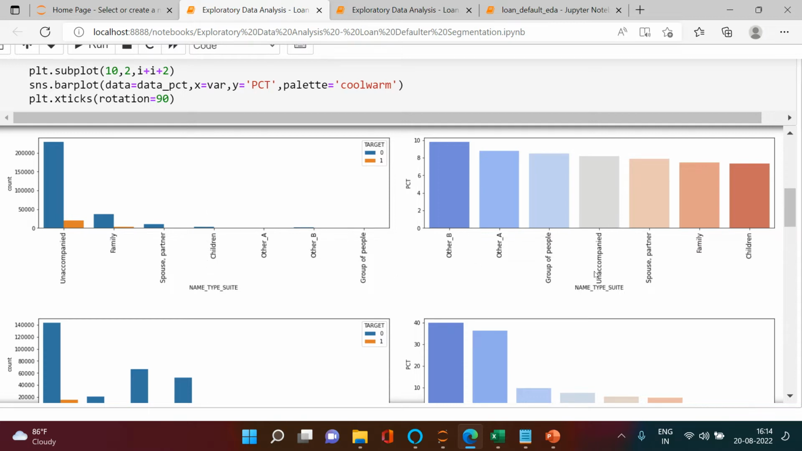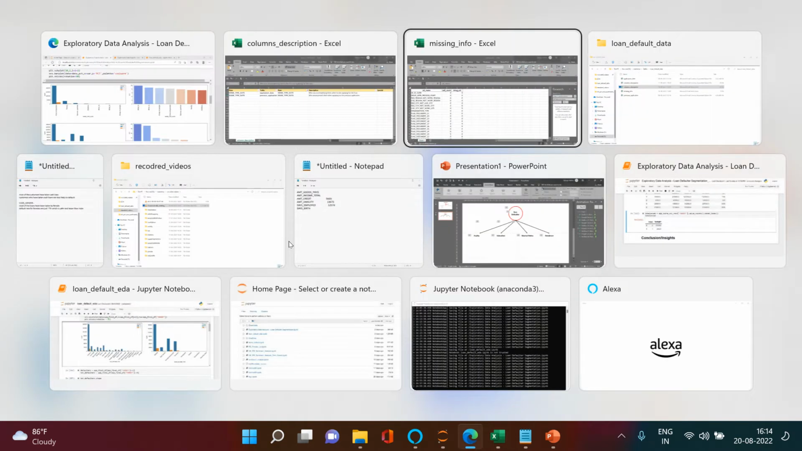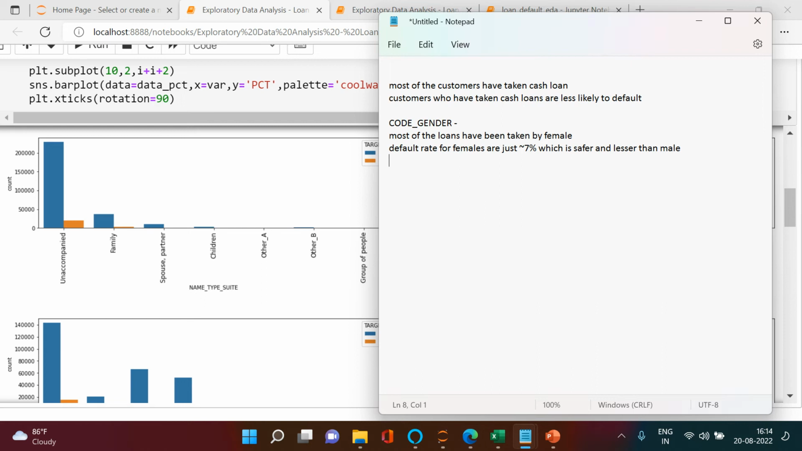So ultimately when we come over here, here is the unaccompanied. Mostly whatever loans they have taken were more than 200,000, somewhere around 250,000 loans, right? 250,000 customers were unaccompanied at the time of taking the loan, and the default rate is somewhere say 8.5 or 9%, right? So we can still say that the unaccompanied is the safer one, because that's the biggest volume. So what we can write as the conclusion is, for the name type suite,